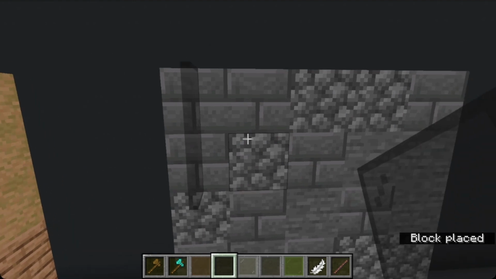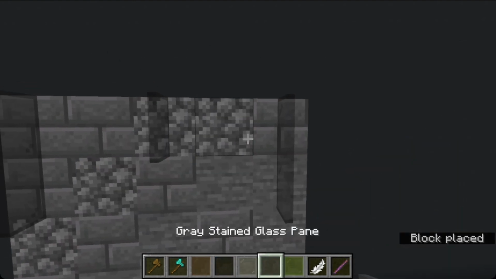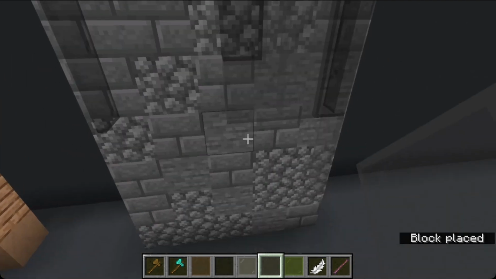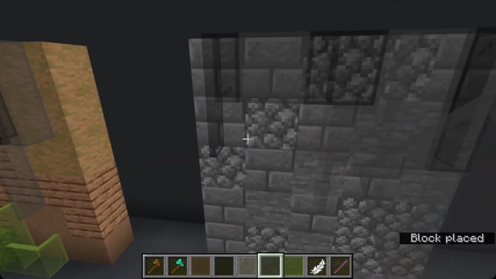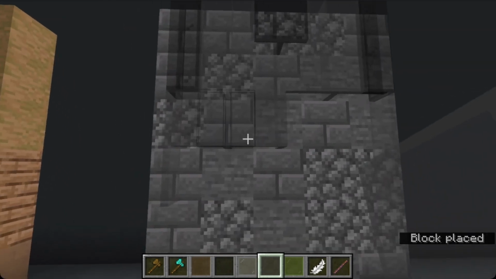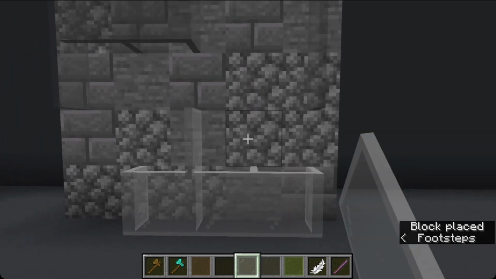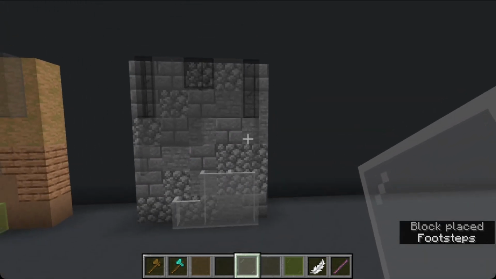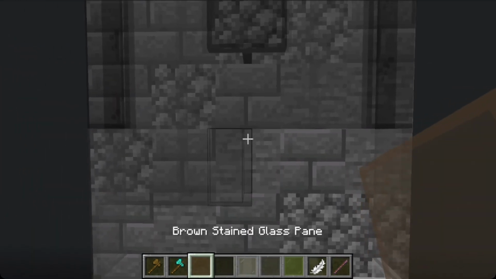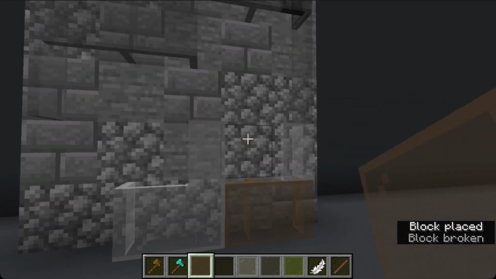But this is just how I do things on stone. You'll see the process is pretty similar. I'm just using the same colors, all that. The big difference here is I actually will, for this, use light gray stained glass a bit for highlights. And that actually makes it a little bit lighter than the color was originally, which is something you have to keep in mind. It can be a bit variable, but I actually swap it out in this case for brown,